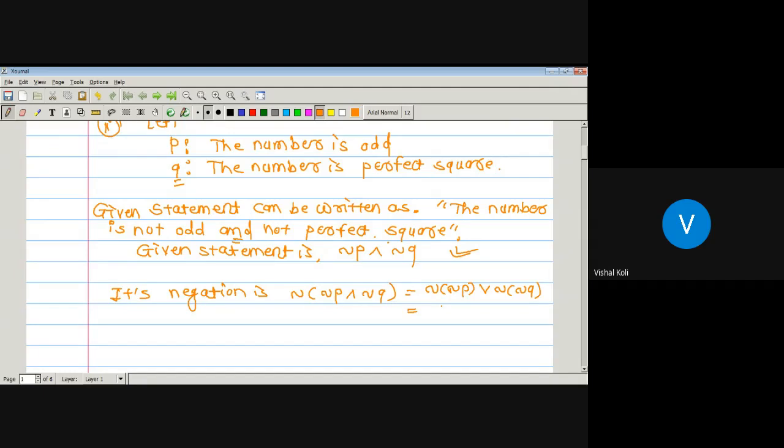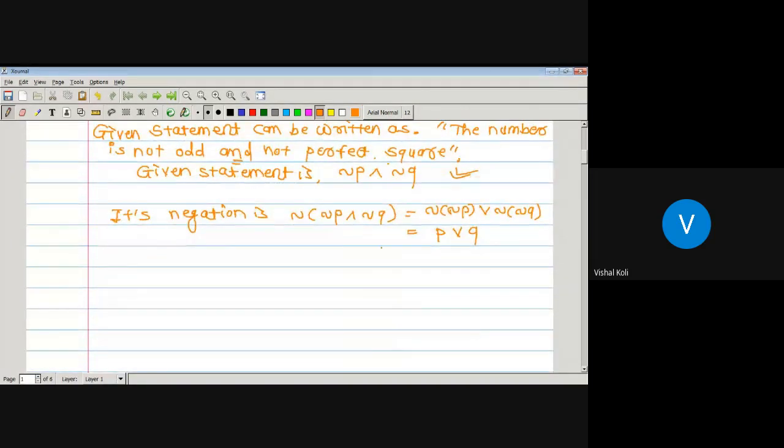But we know that the negation of a negation of a given statement will be the original statement. So negation of P is P itself, and negation of Q is again Q itself. So the negation of the given statement will be P or Q. So we can write it as the negation of a given statement